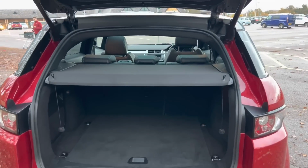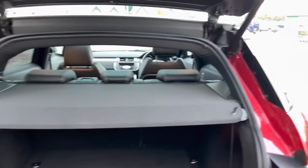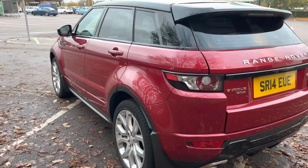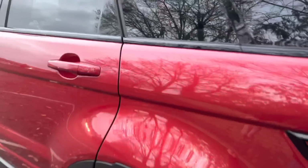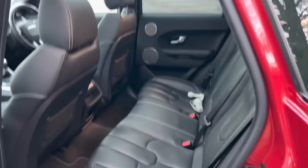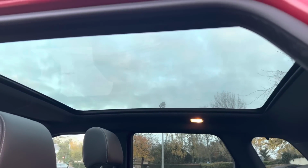Nice and tidy. Same in the back of the car. Obviously here's the passenger side. That was never in the accident. Excuse the gimbal, but you can see what I mean. Nice and clean. Got the pan blind open. So we'll just go to the